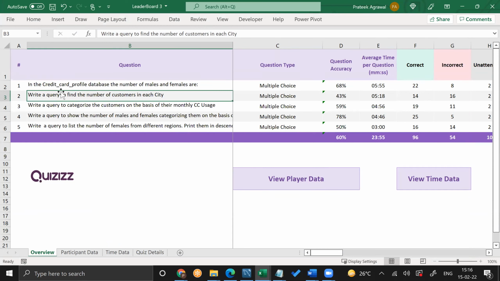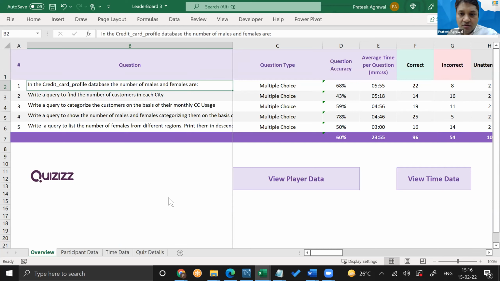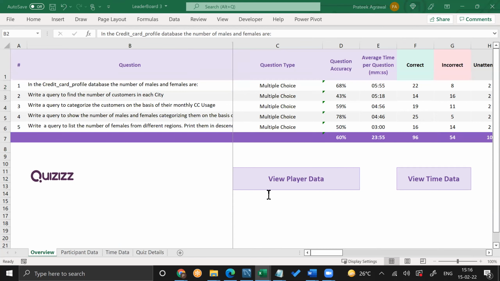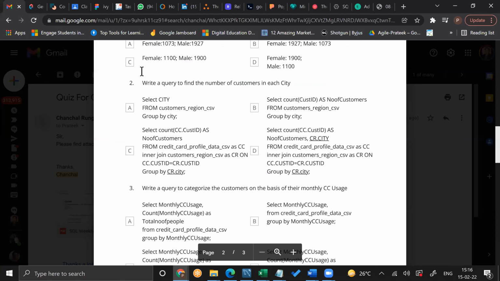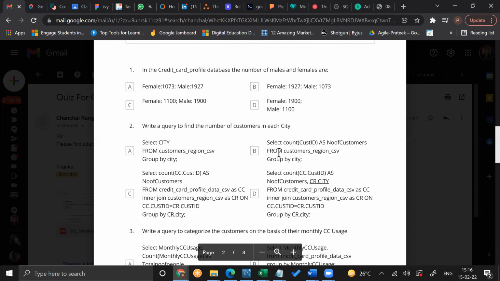So, Pratik, what I'm mentioning is that in the CC credit card profile data, if I'm checking the males or females, there were fewer lines in that particular database. So that's why I was a bit confused in that question. Number of lines I'm talking about. Number one question, which is males or females. Yes, Pratik, this one. If you can help me out in this one.